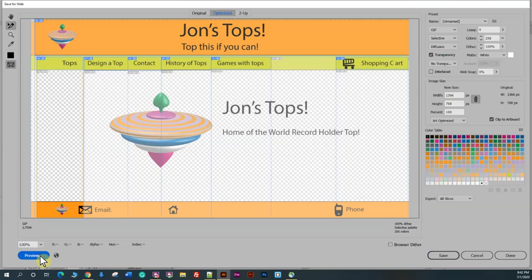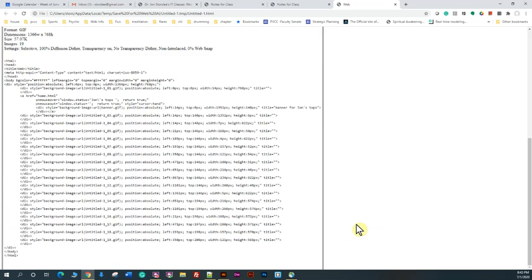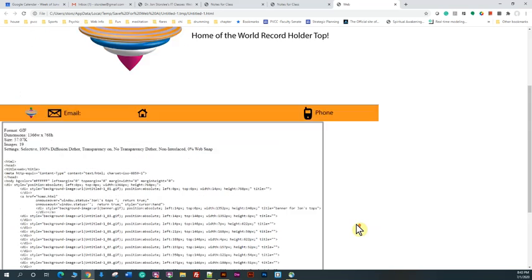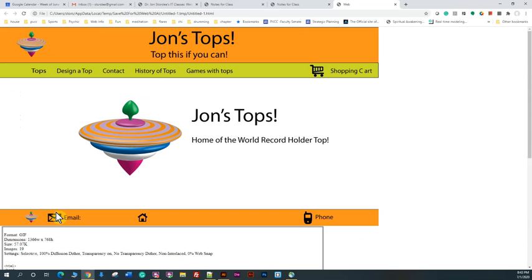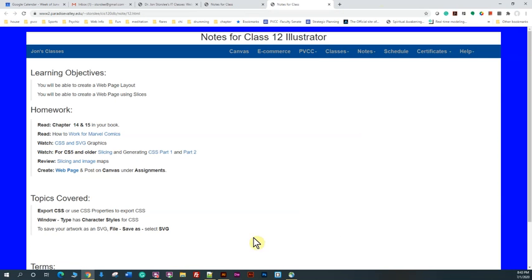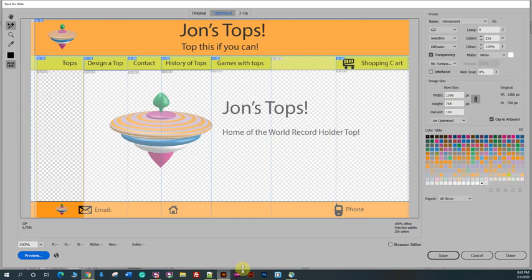And I'm going to click on Preview. And if you want to see the code that it's going to write, it's also going to create a web page. And I'm going to close that preview, come back to here, and I'm going to go